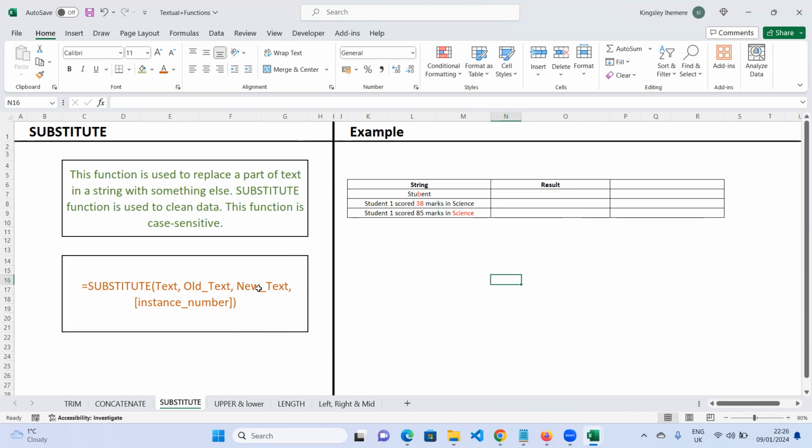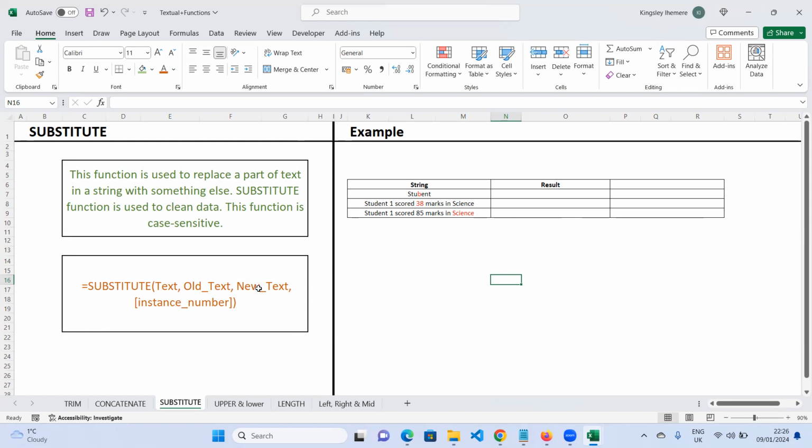Sometimes you want to replace a particular name with another name that is more accurate,